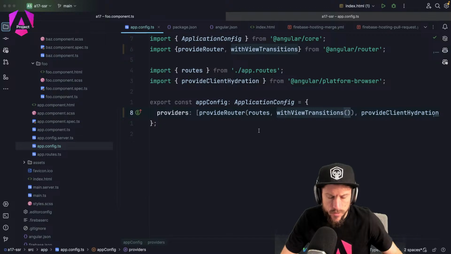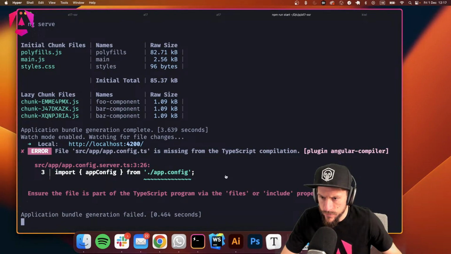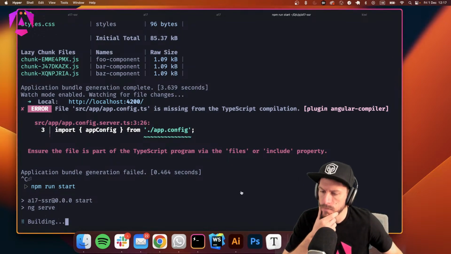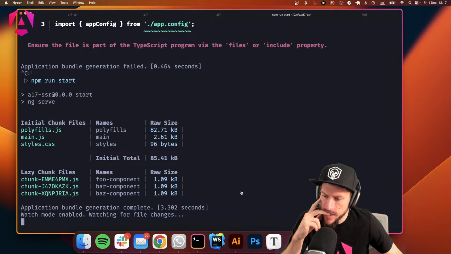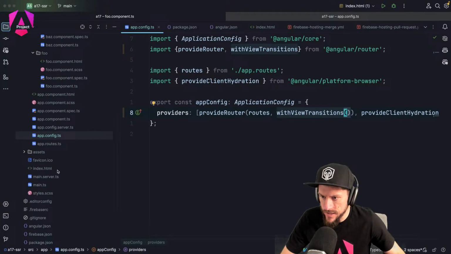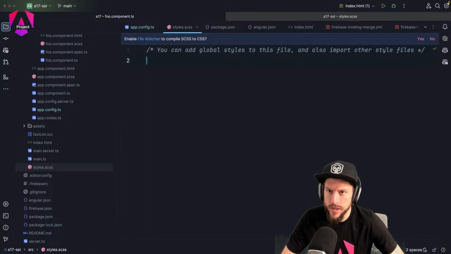And now you can see how we have a small transition on bar and foo. I don't know if you can see it, but what you can do is in the styles, we go to